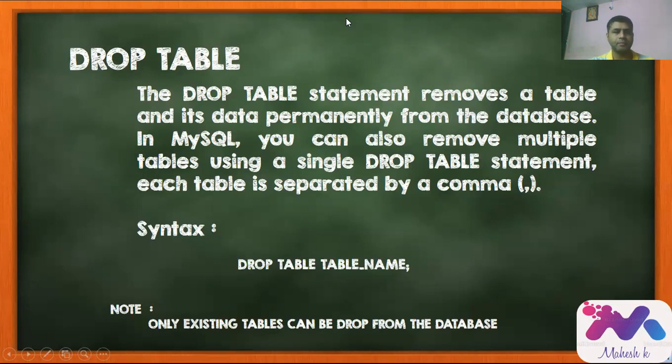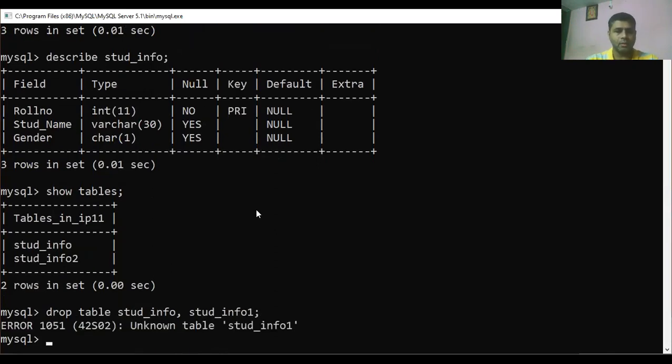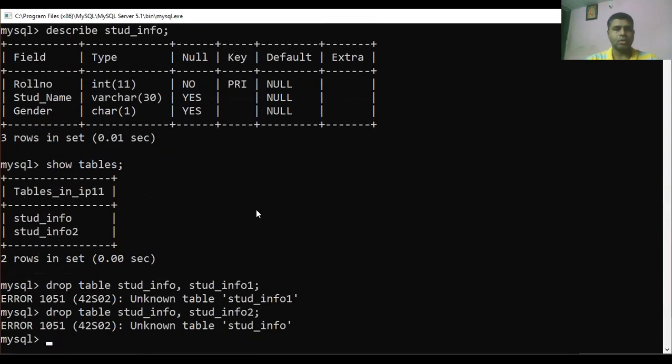We'll see that. Drop table, what is the name? Stud info, comma, stud info one. So both I'm going to delete, sorry, info two, not one, two. So both I can delete.